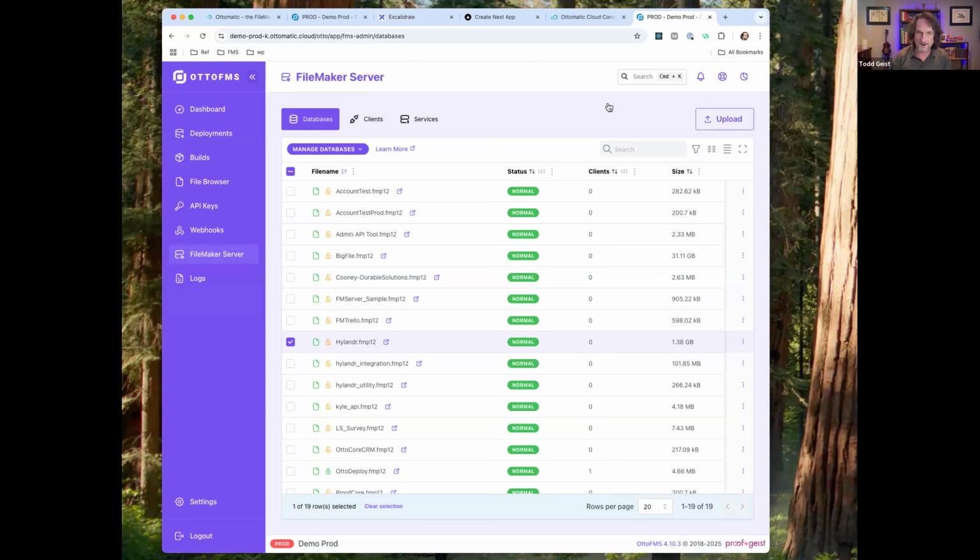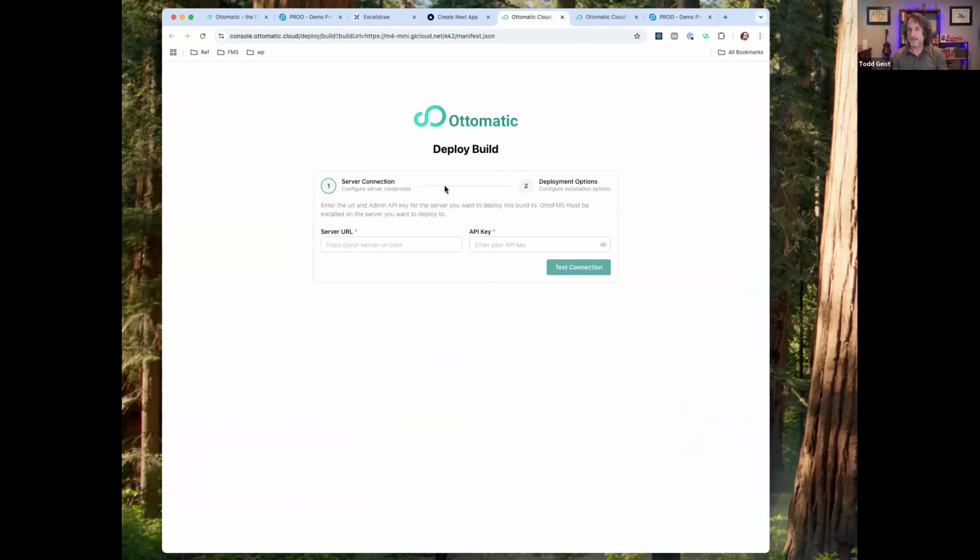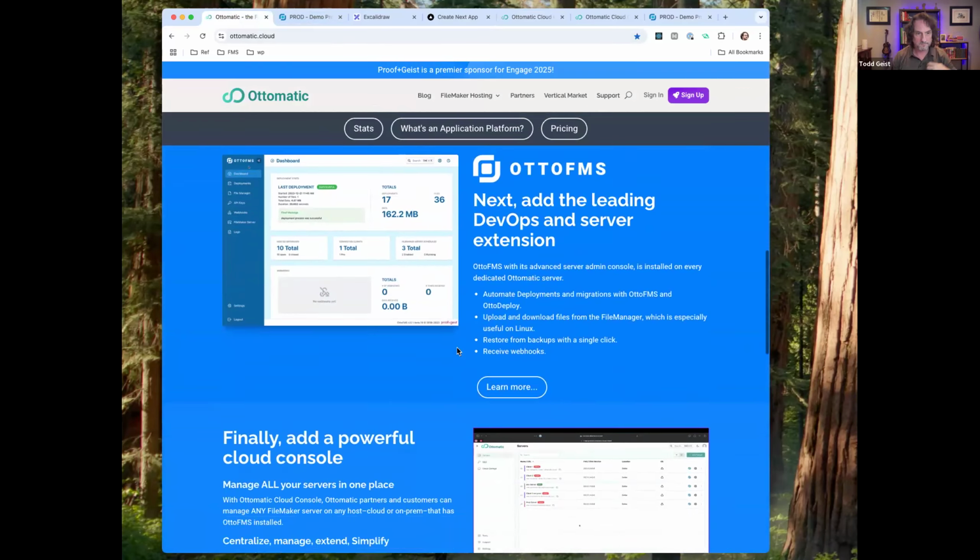And then of course we will add on, when you click this button, one of the options will be to spin up an automatic server, or log into automatic if you're already logged in, and choose the server you want to deploy. We could absolutely add that capability to spin up a server and install those files on it, because we already have all of the hooks based on our global platform.